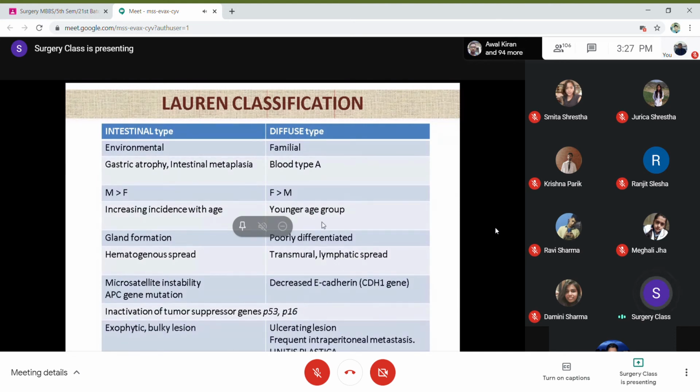It's a younger age group, and it is poorly differentiated. So a very young patient, and then it has a familial tendency. Okay, the diffuse type, so it has a very poor prognosis. So I have seen a few cases where